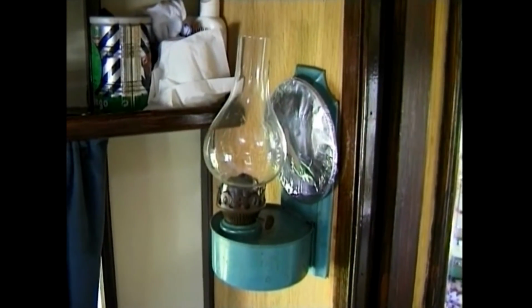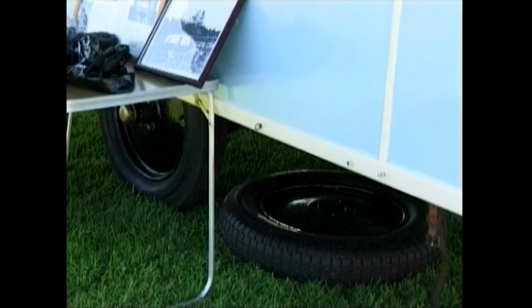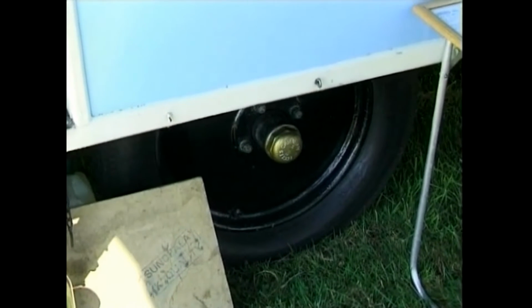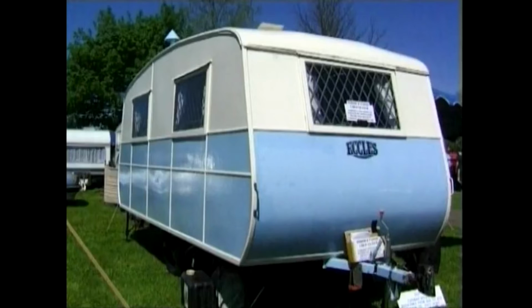Coming down now to the wheels. The wheels, in fact, are 19-inch wheels. They're set up on springs. They're very high off the ground. The caravan is very difficult to tow at high speeds. We go from town to town, rally to rally, and we have to use a lot of motorways. So, in actual fact,